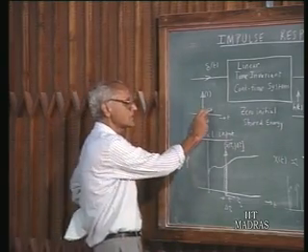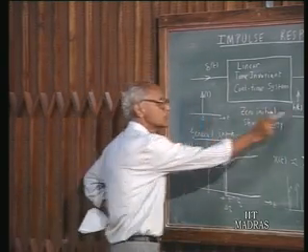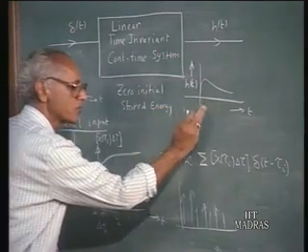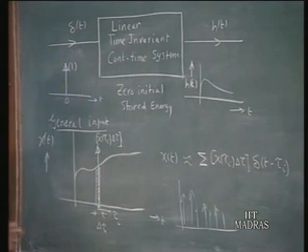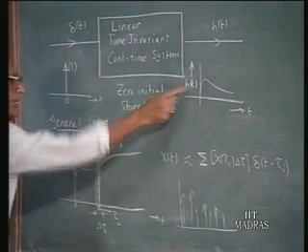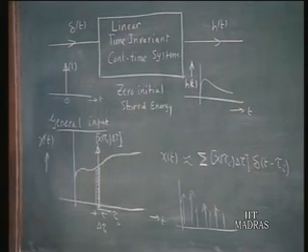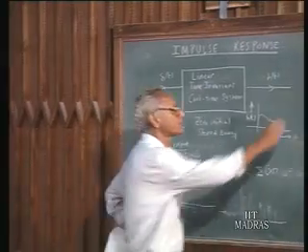Because we know the impulse response, an impulse at the origin gives rise to h of t. So any impulse displaced by some amount will also give rise to an impulse response which is displaced by the same amount, translated by the same amount. And by the additivity property, if a unit impulse gives h of t, an impulse of this magnitude will give this times that h of t. So that is the principle that we are going to adopt.